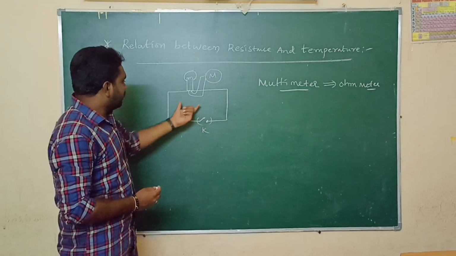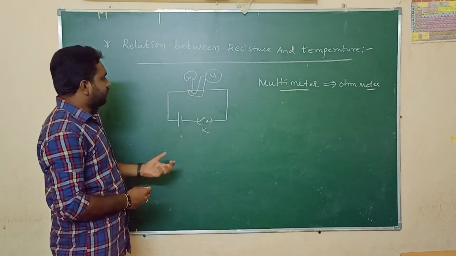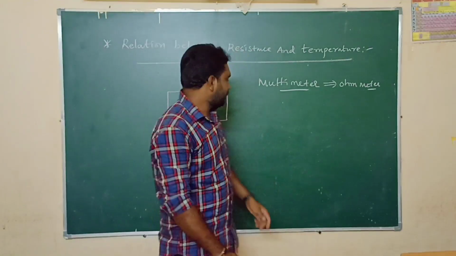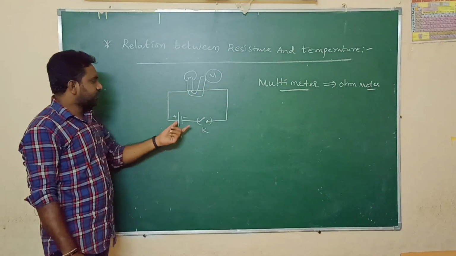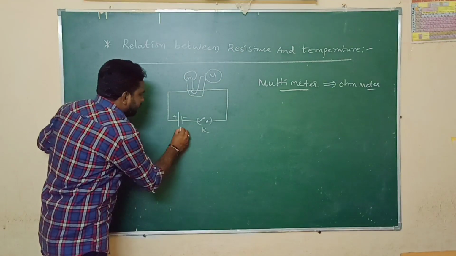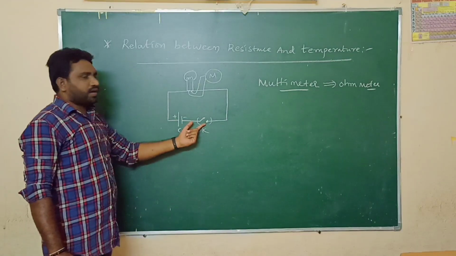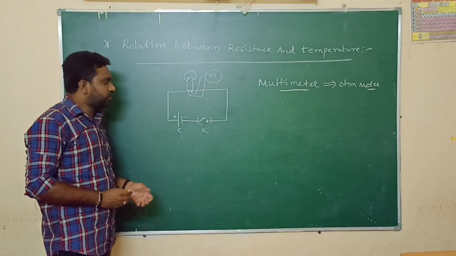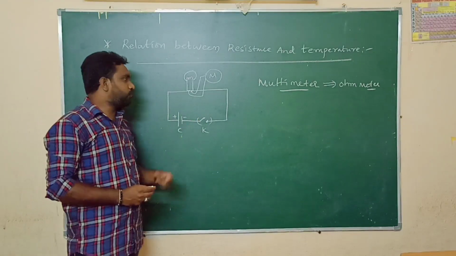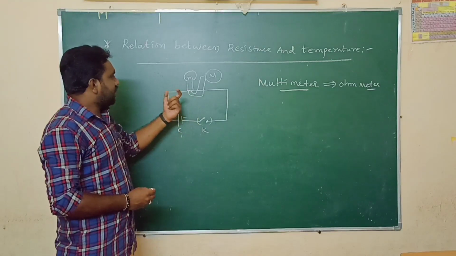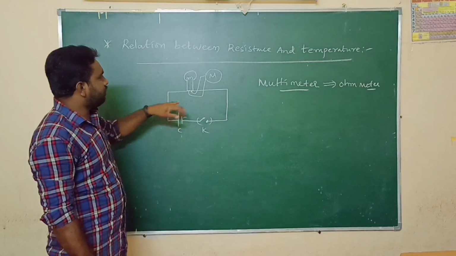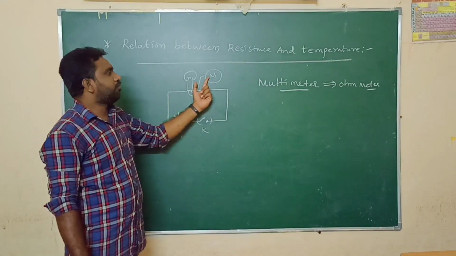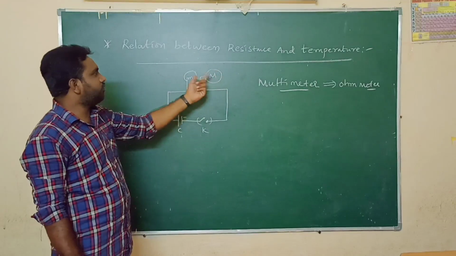So in this way we have to construct the electric circuit. Here this one is the cell. This cell is connected in the circuit in series. We are not going to allow the current here. Here the switch is in open position, so it is nothing but an open circuit. As we know, in case of open circuit, current does not flow into the electric bulb. So when the current is not flowing through the bulb, we have to measure the resistance of the electric bulb with the help of the multimeter in the mode of ohm meter.